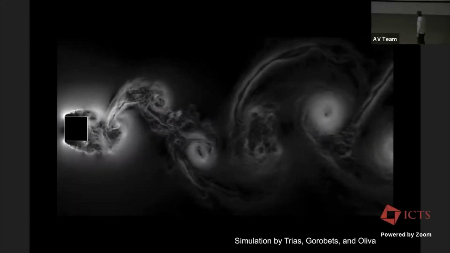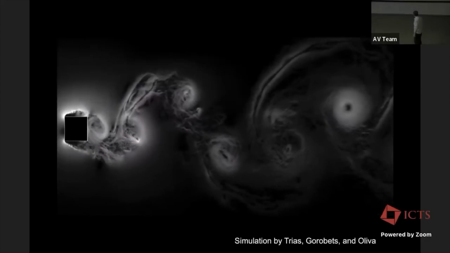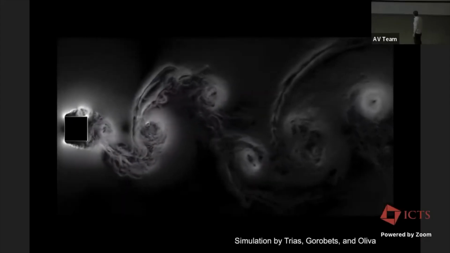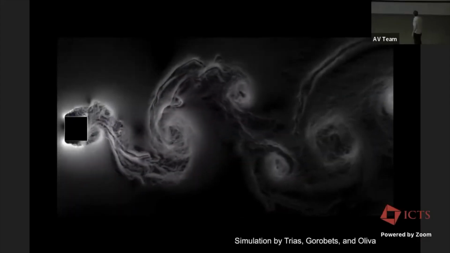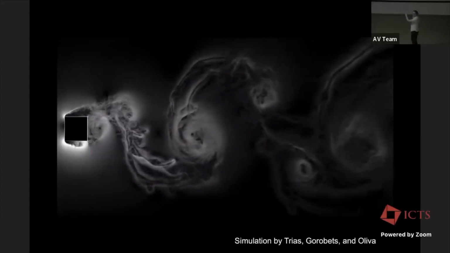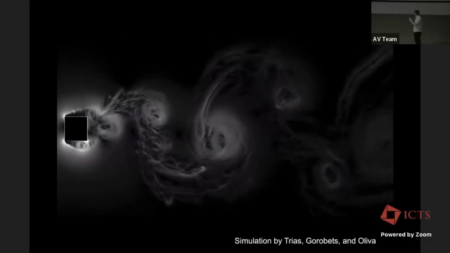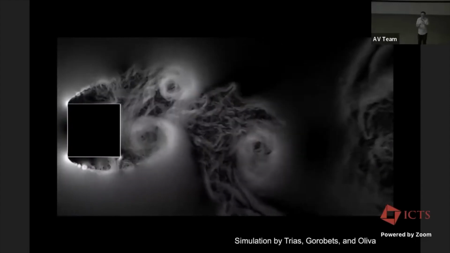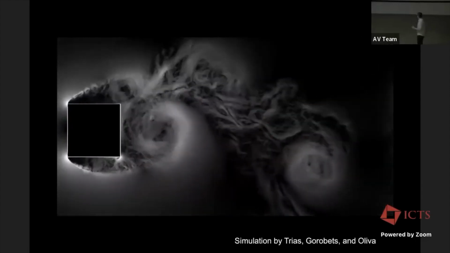In particular, you can see there's some nice coherent structures. There are these vortices or eddies, which sort of appear fairly regularly as you move past. This is pretty well understood. It's called the von Karman vortex street for what it's worth.